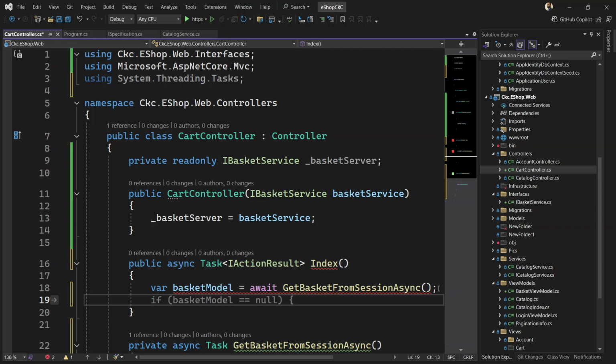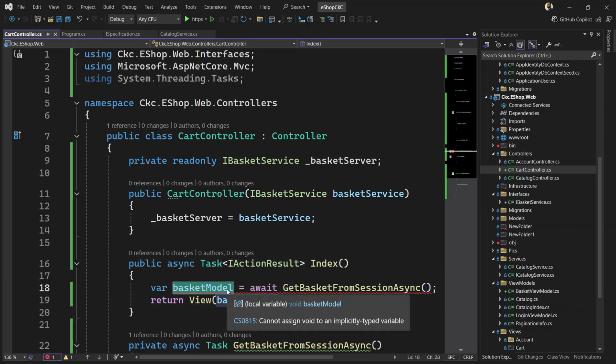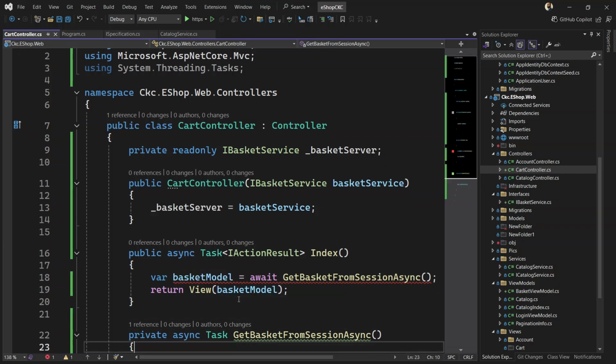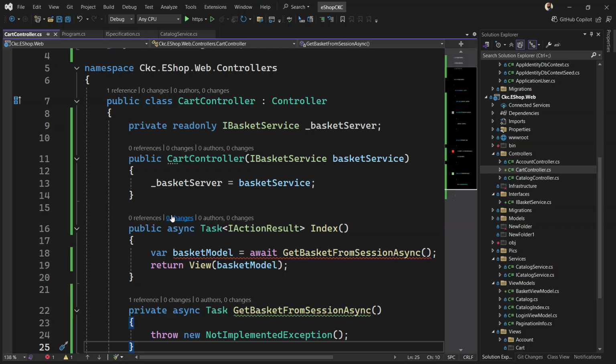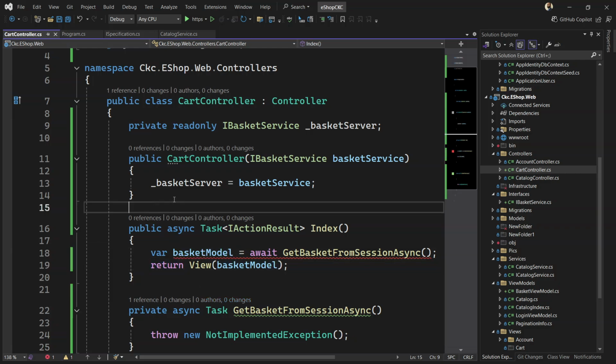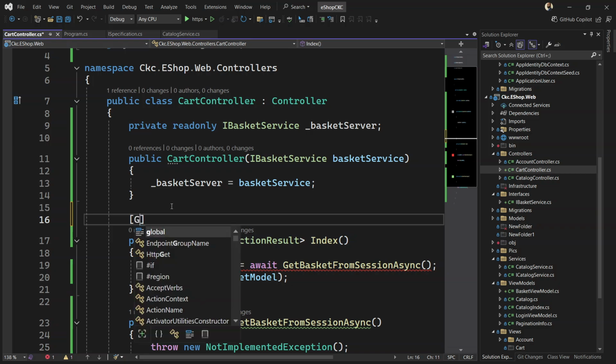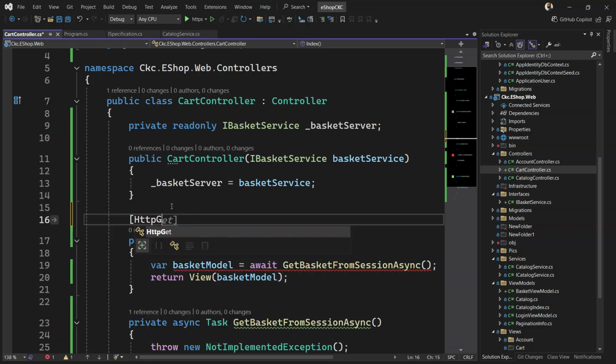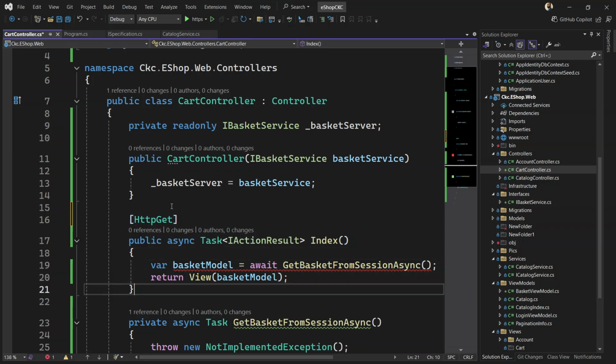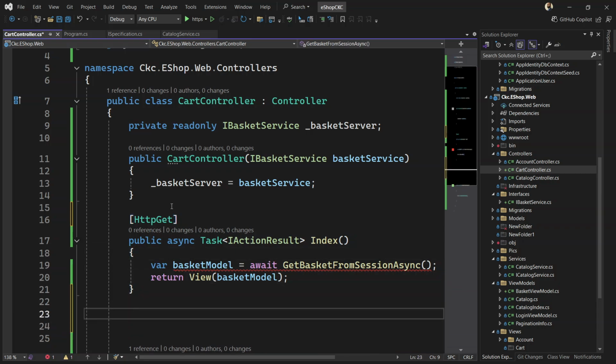So with this being done, let's just try to return the view. What is it going to return? It's going to return the basket model. So the basket model is going to get returned. For the time being, let's just add one attribute because this is going to be an HTTP GET call. So with this being done, let's just add an HTTP POST